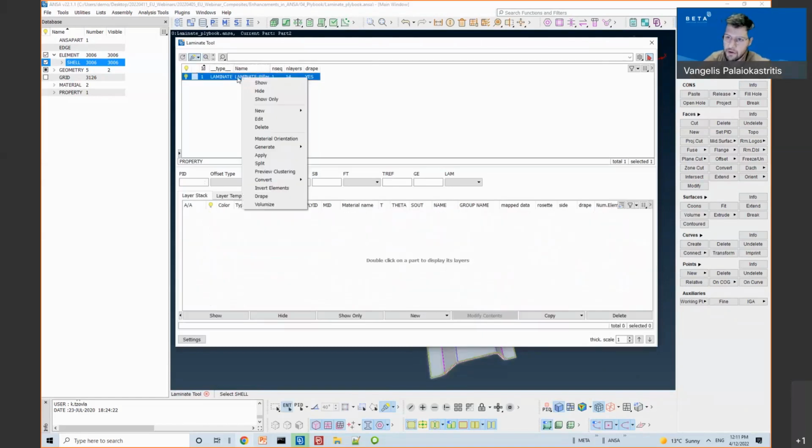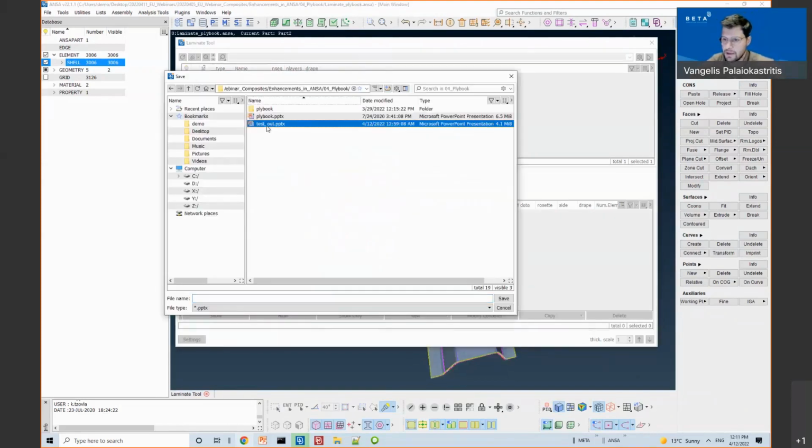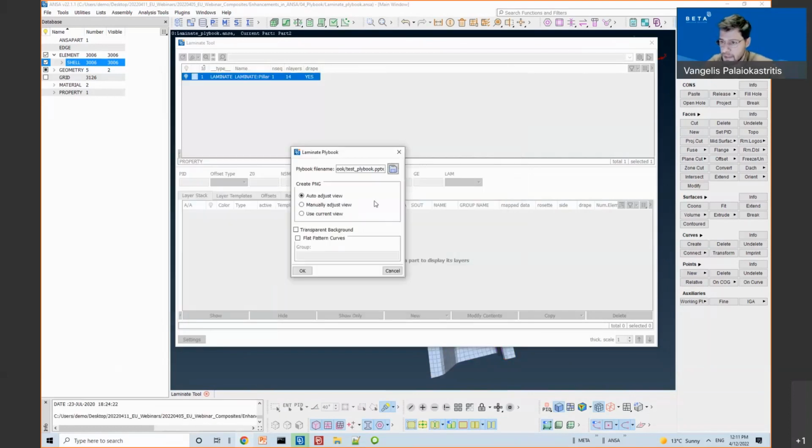Moreover, I can go to the laminate property, go to generate plybook. I can specify a PowerPoint file. I have some options here for the views because screenshots are going to be taken. I have the option for the transparent view, and I can also output the flat pattern curves.